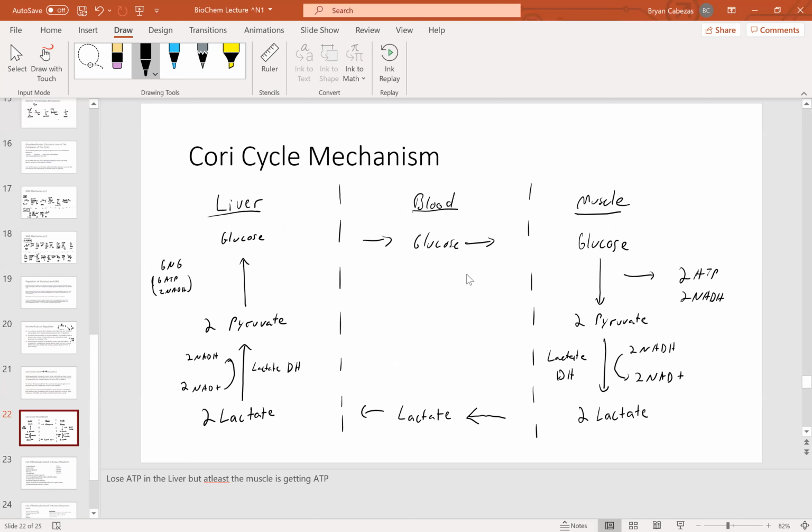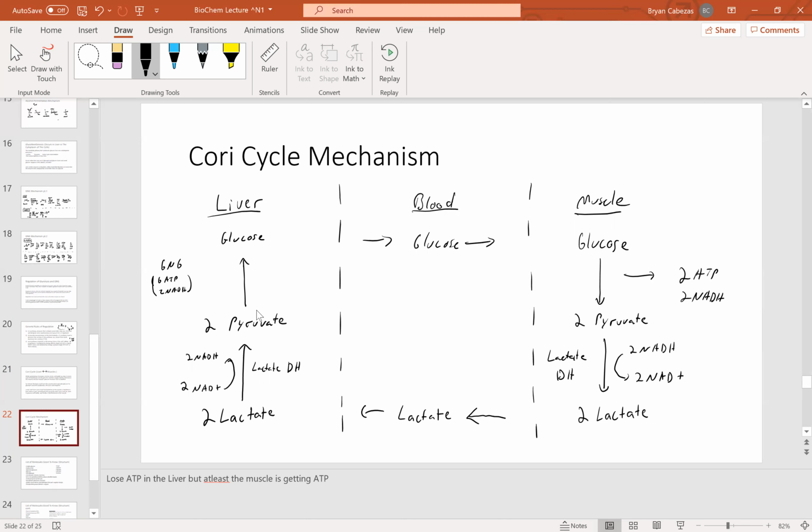What we find in the cycle is that, okay, let's say we start in the muscle, we have glucose, we oxidize it to pyruvate. Okay, we don't have any oxygen because we're pumping our arms, we're really tired, not a lot of oxygen getting to our muscles. So we're going to turn it into lactate, right? We turn it into lactate so we can get our 2 NAD pluses from fermentation, using lactate dehydrogenase, and put those back into glycolysis so we can get some more ATP. But those 2 lactate are going to travel